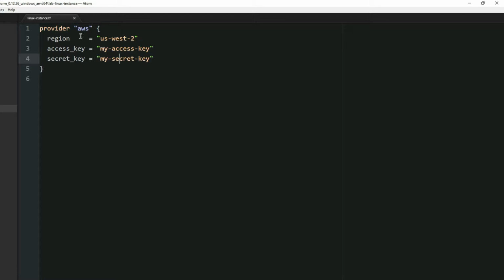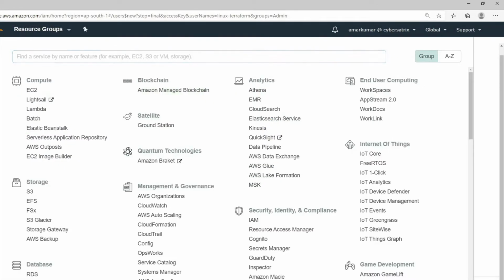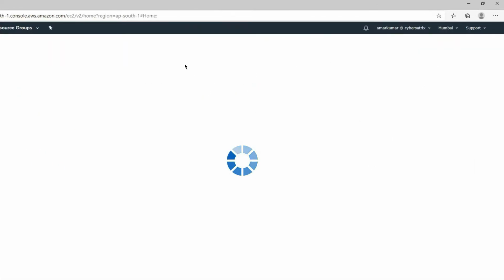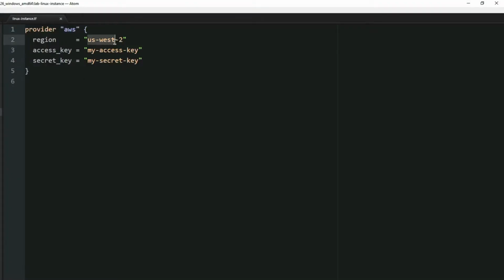If you see, it has three aspects: region, access key and secret key. So we're going to provide the region, access key and secret key. Going back to my console, I want to launch an instance in the Mumbai region, and Mumbai is ap-south-1. Let me copy this region in here, and then we need the access key and secret key.